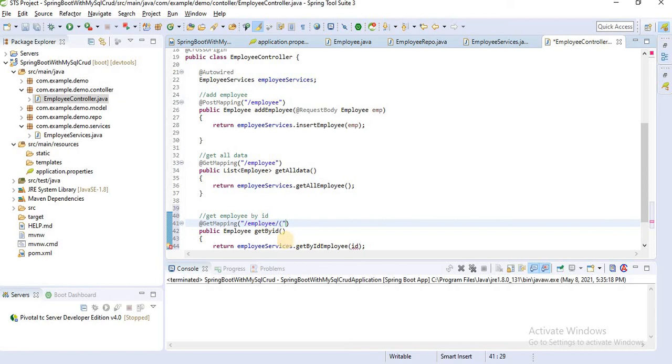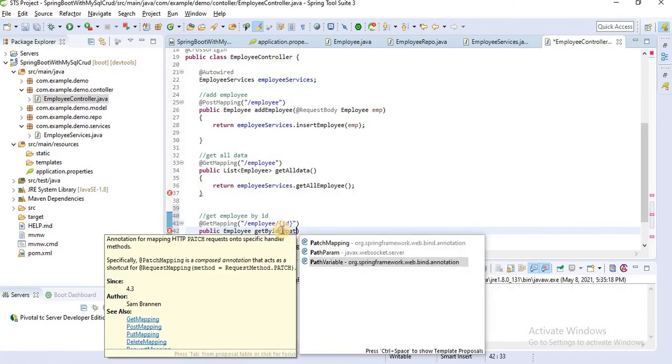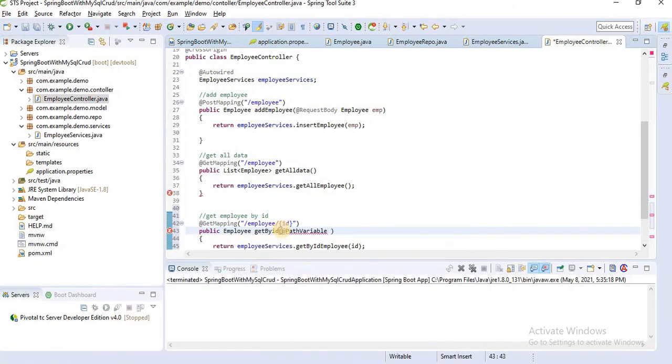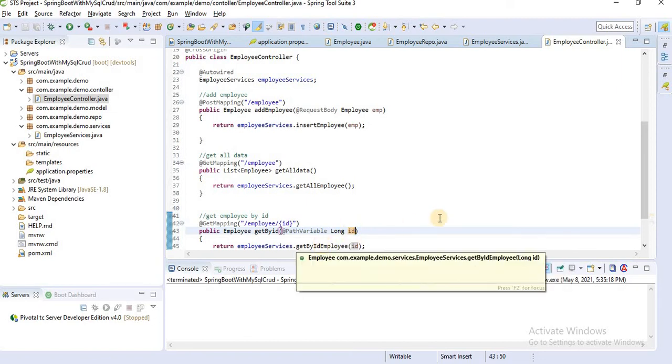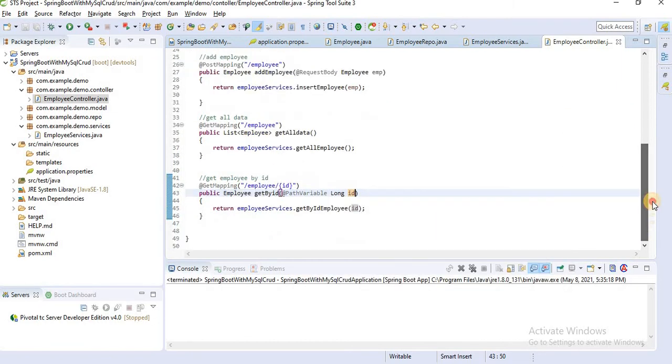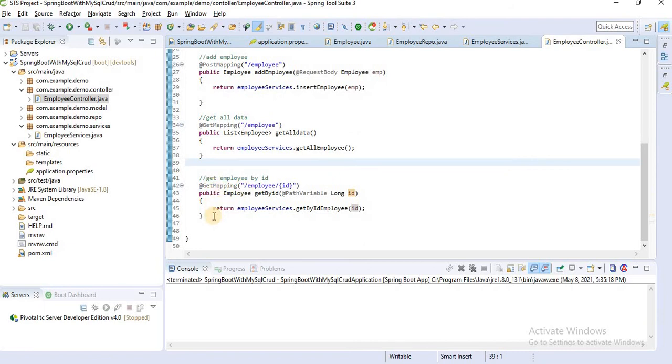For that we are using expression language for ID, and we have to get this ID in the path using @PathVariable long id. We simply pass that ID to get employee by ID, and from that we get that particular record.